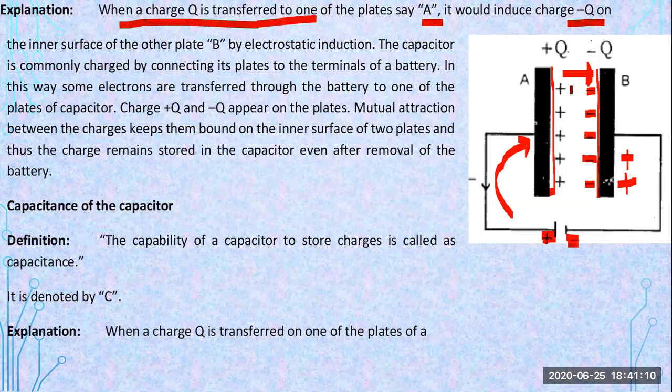So here, in front of each other, there will be positive, negative, positive, negative, positive, negative, positive, negative. So if there are opposite charges after electrostatic force between the charges, there will be a force of attraction between these two charges. So this force of attraction between two charges will keep them on these plates, even when you have disconnected this battery from these two plates. You will see that the charges remain at their own plates.